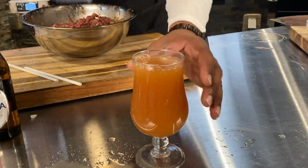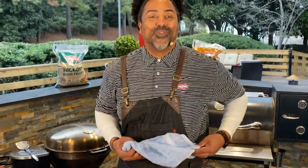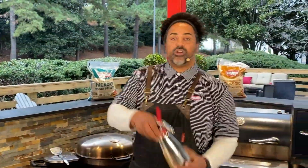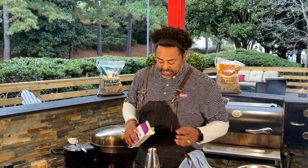All right, now I know you guys are like, well, Chef John, you have not used any Dirty Girl products. I know I haven't. This is the best part of the whole drink right here. What I have here is a CO2 charged gun. You can find them on Amazon. They're great for all different sorts of things, making foams and stuff like that. So we're going to add about 2 ounces of heavy cream,